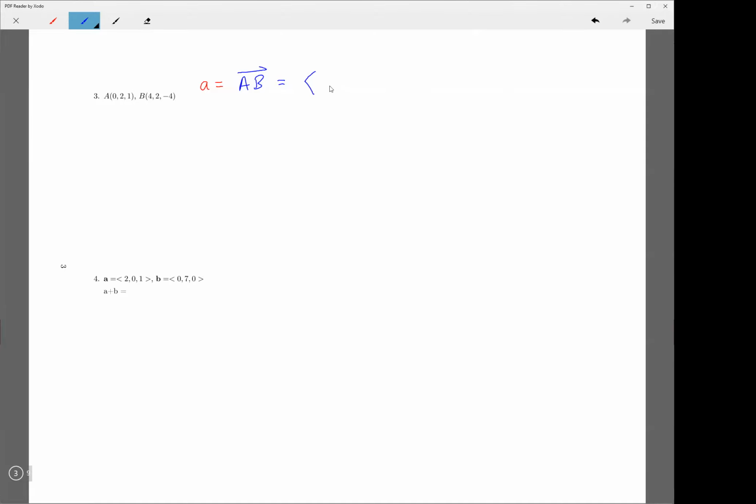So for this first place, you're going to have 4 minus 0, because that's a 4 there in the X spot and a 0 in the X spot. And then it's 2 minus 2. And then it's negative 4 minus 1. So that's going to be 4, 0, negative 5. Okay, and so that's,